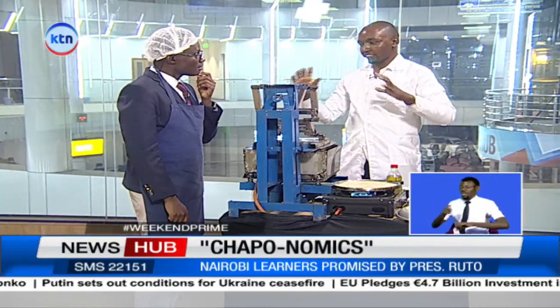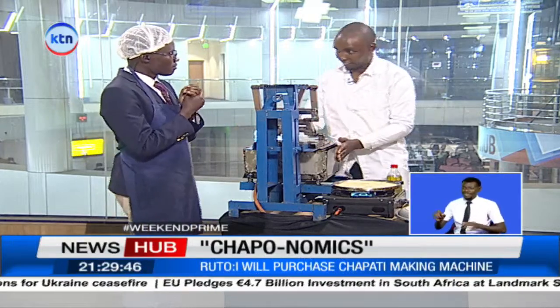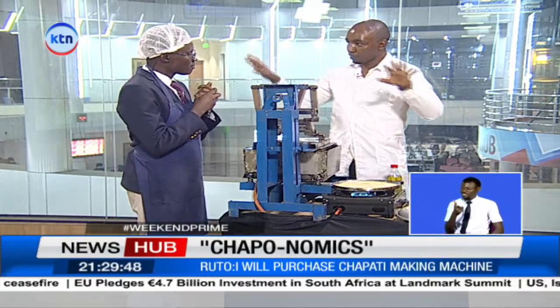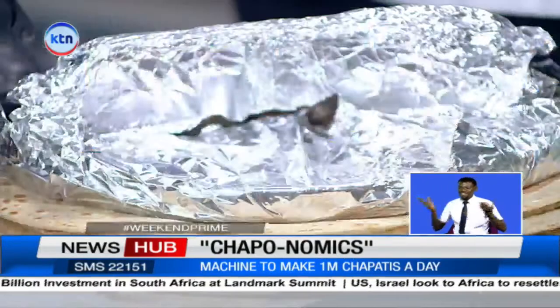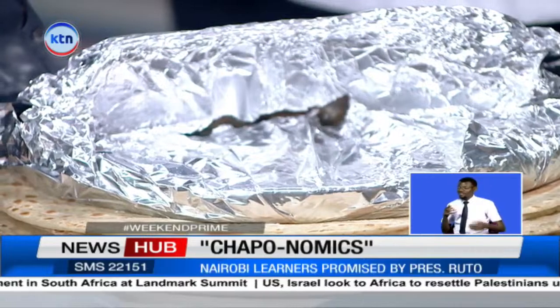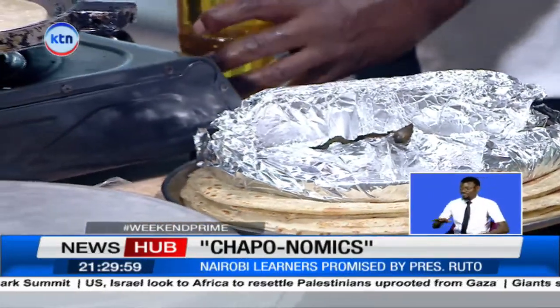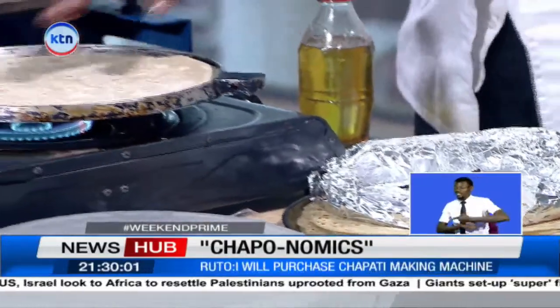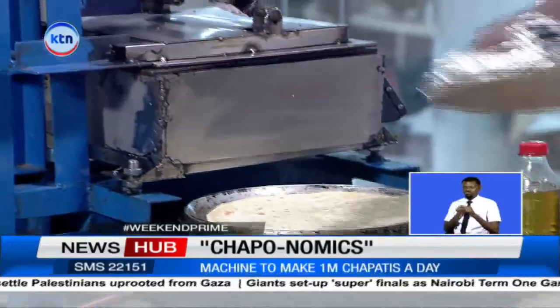So you don't need a centralized machine. You can purchase these machines and distribute them to schools. Let's say this machine per school can produce around 3,000 chapatis in a day. So when you divide 1 million chapatis by 3,000,